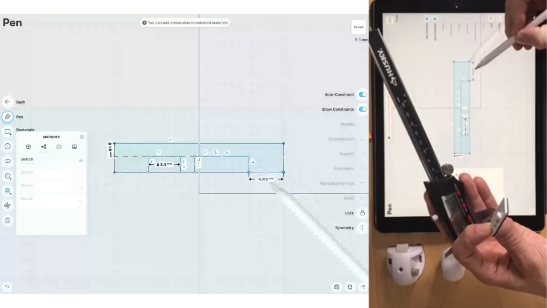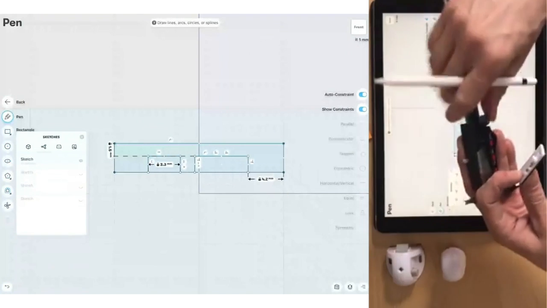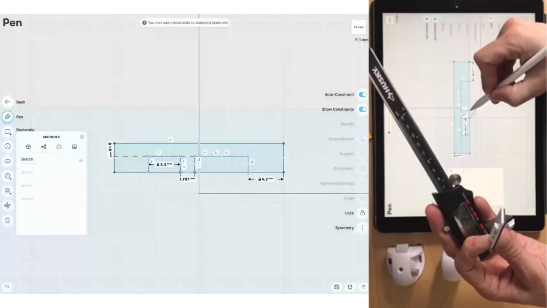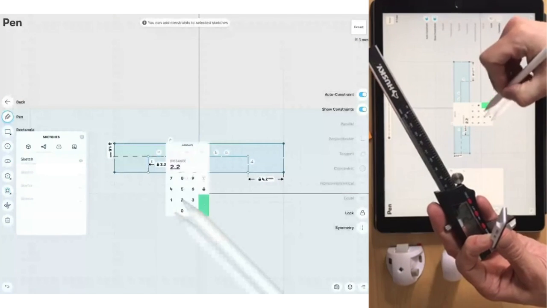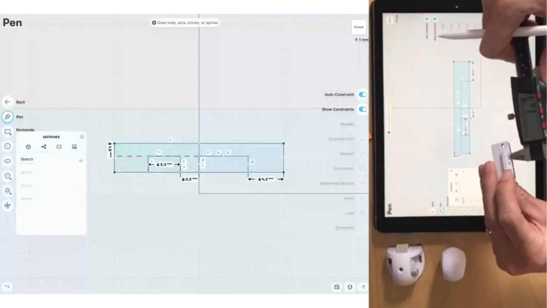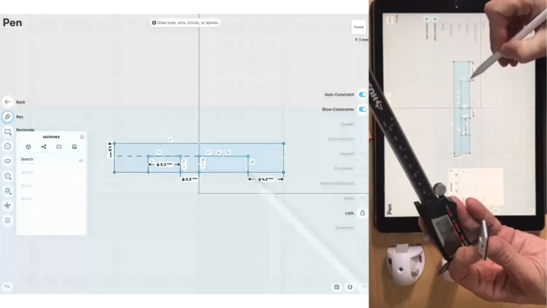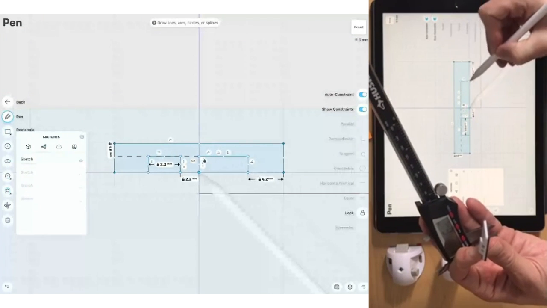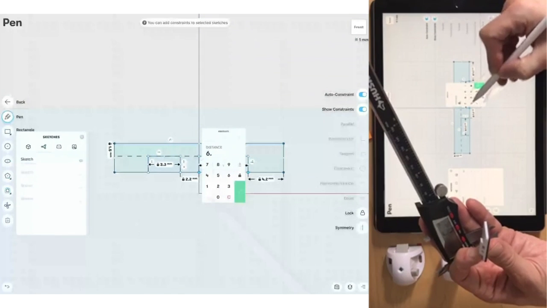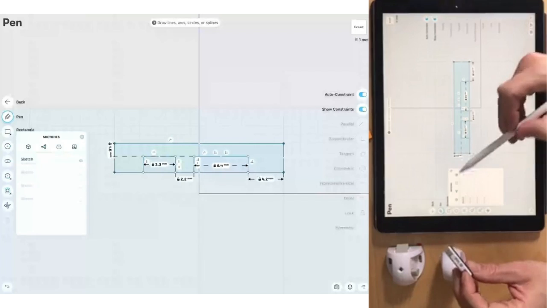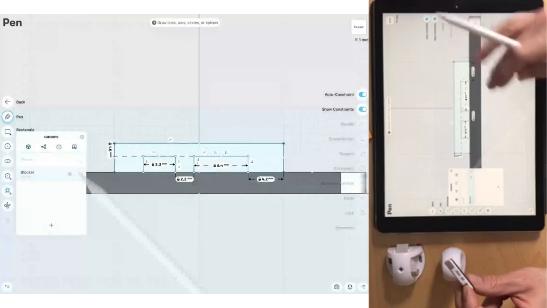And 4.2. 2.2. And this one here was 6.4. Very good. Okay, so with that done, now we can go to the blocker